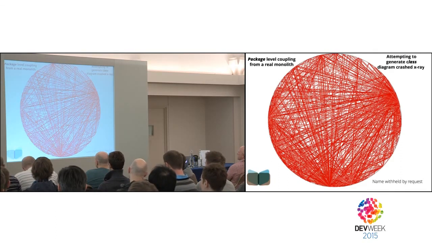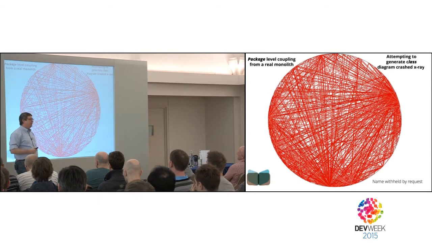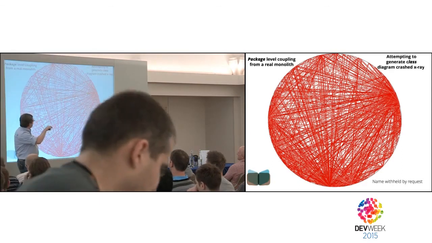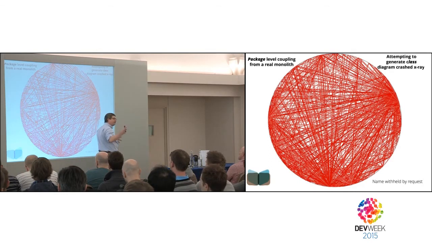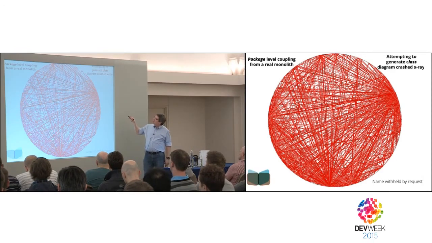But even in this hideous mess, if you squint at this and look at it like an impressionistic painting, you definitely see hot spots here. You see a definite clustering up here and a different clustering down here, and that's really the structural hot spots within your code base. So if this were your monolith and you wanted to break this down into a smaller and smaller set of services, decompose it, eventually maybe into a microservice architecture, notice that when you look at each one of these packages or classes, the more red lines you have to snip, the harder your job is going to be. And the bolder those lines are, the harder it's going to be to snip them. And so you can look at this structurally